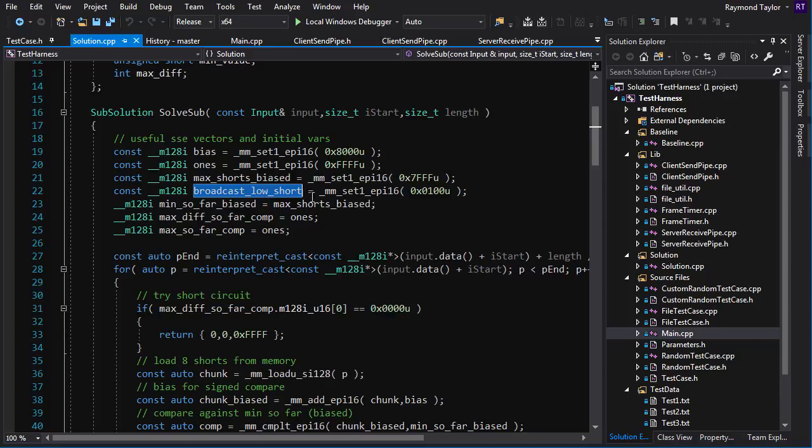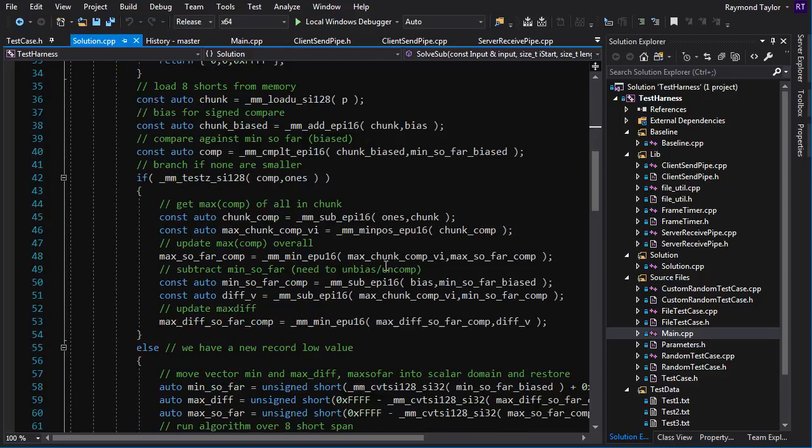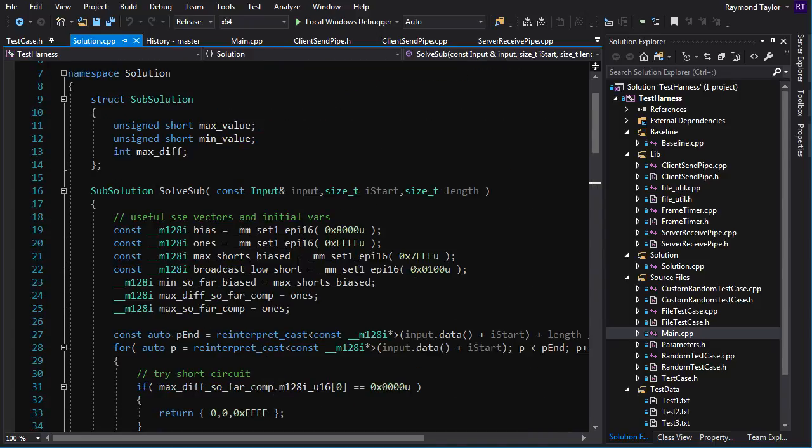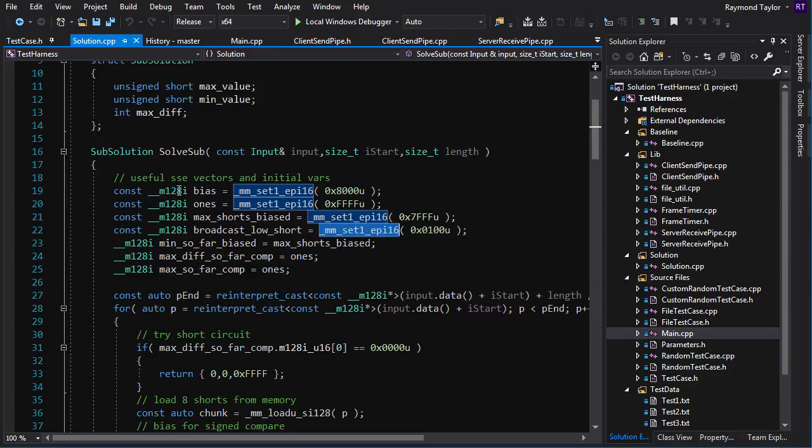Broadcast low short. This value is kind of important. This is a mask for an instruction called shuffle. What is it called? I don't know what the intrinsic is. Shuffle something, epi8 or something. The instruction is called pshufb. It's an incredibly versatile instruction that allows you to dynamically reshuffle the contents of an SSE vector, an SSE register,